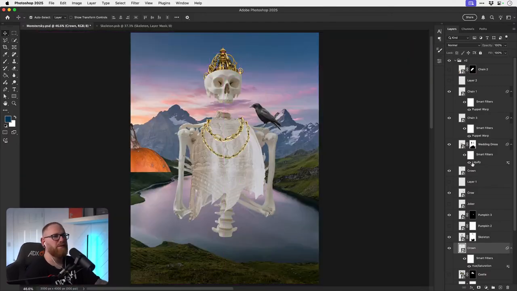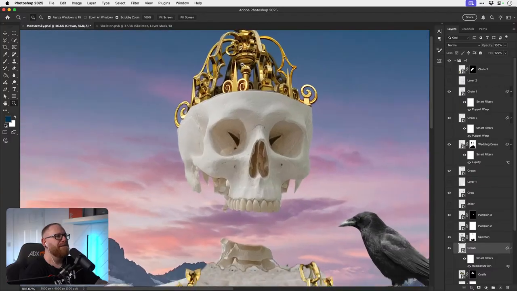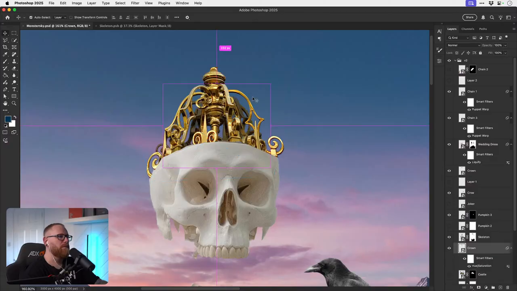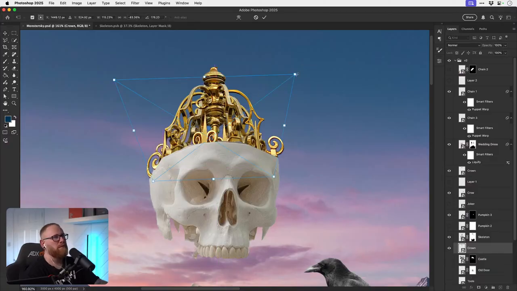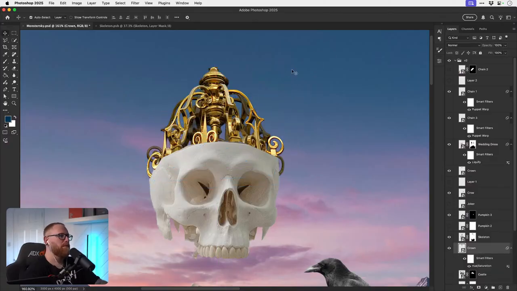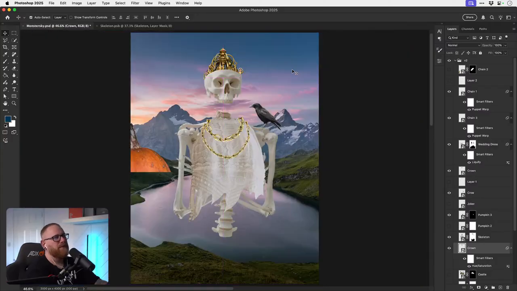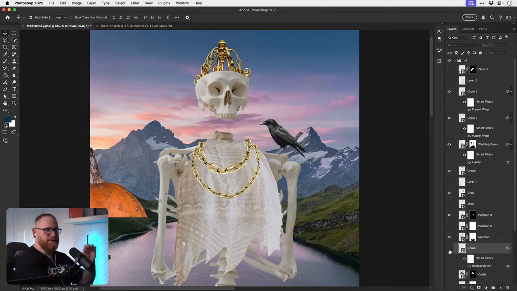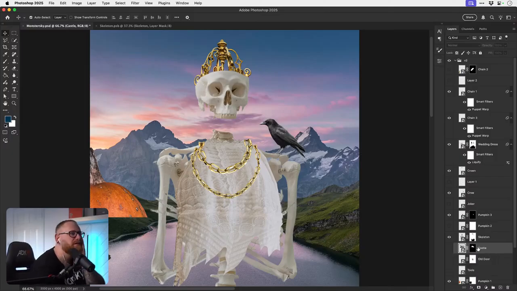So it looks a bit more three-dimensional rather than just flat. Oh, I don't know, maybe. That's a bit more interesting, I think. Totally bizarre.